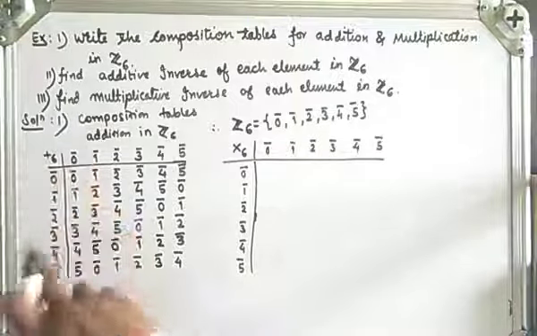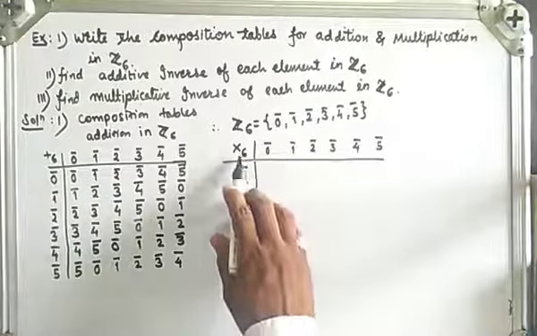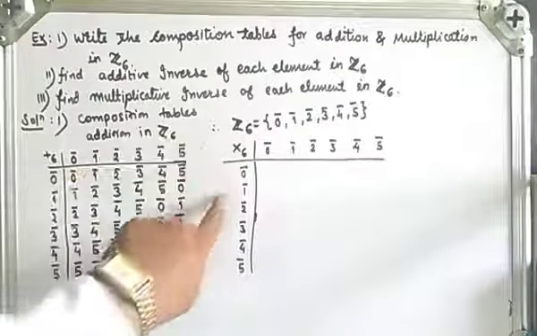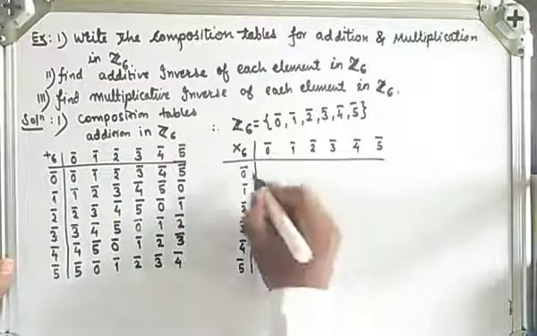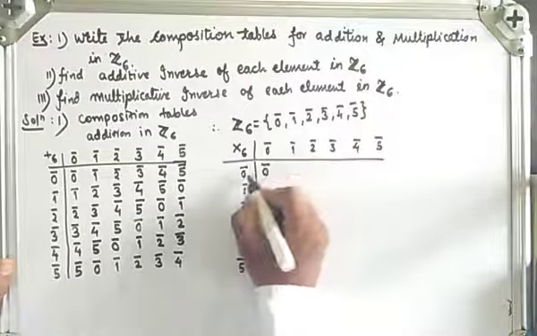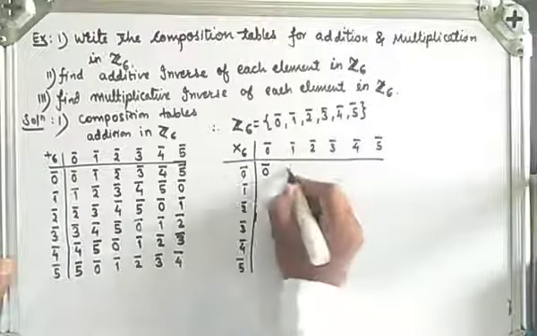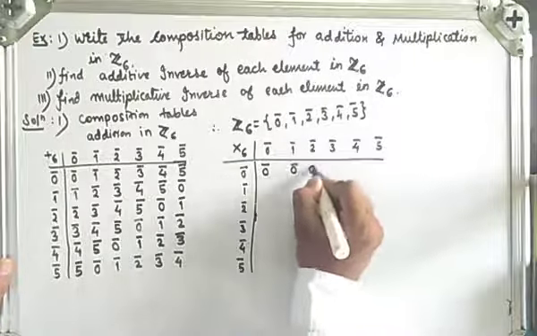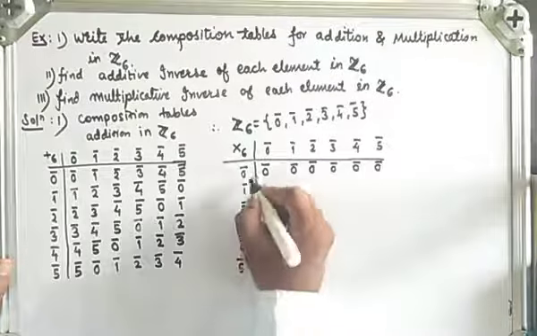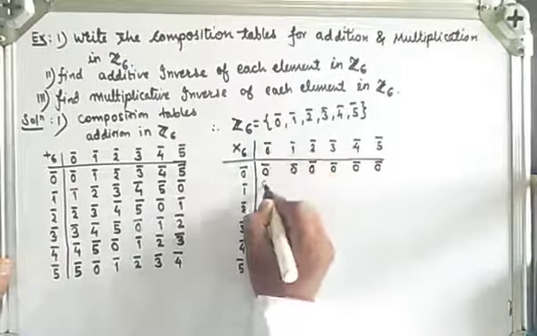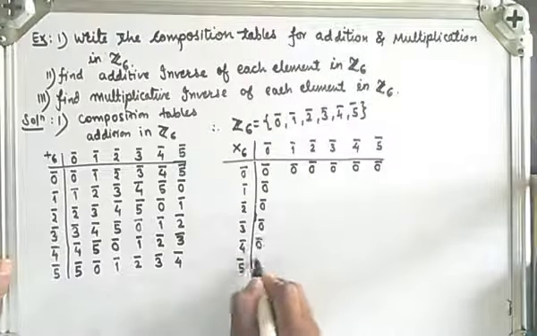Here the operation is addition, meaning we had taken addition, but here the multiplication operation means we will take multiplication and apply the modulo 6 property. So 0 into 0 is 0. 0 into any number is always 0. So we will get 0 bar, 0 bar, 0 bar, and 0 bar. Again here, any number into 0, we will get 0 bar, 0 bar, 0 bar, 0 bar.